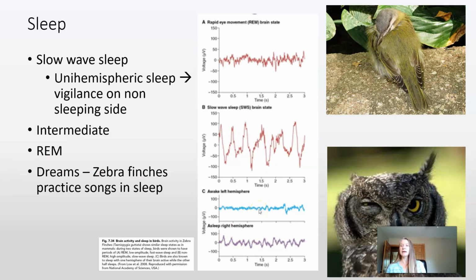This shows that birds can sleep with one side of their brain and be awake with the other side of the brain. This helps with vigilance, and some birds don't land, like the alpine swift, which will be on the wing for 8 months of the year. They have to sleep sometime during that period, and they do that by sleeping one side at a time. While we don't know what birds are dreaming about, we do see this REM or dream sleep in birds.